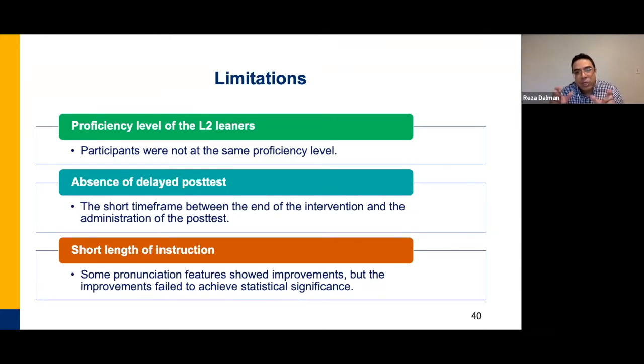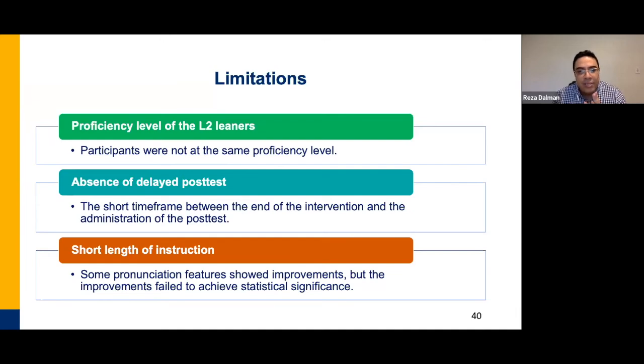In this study, in order to make sure that the L2 learners were all intermediate, I selected them based on their scores on international proficiency tests, such as the TOEFL iBT speaking section, IELTS speaking section, or Duolingo test. Although their scores were all within the intermediate range, the findings showed that they were not all the same. So this needs to be considered in future research, and maybe a more rigorous method should be applied when selecting participants.